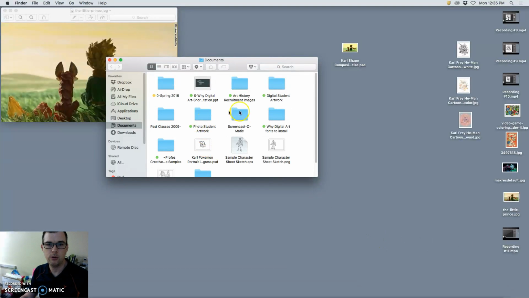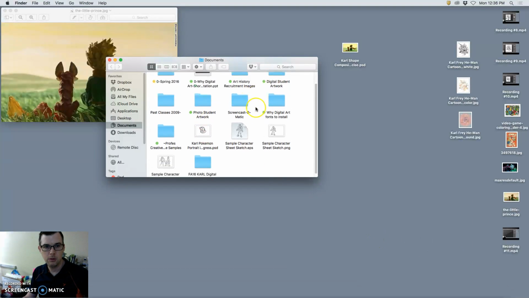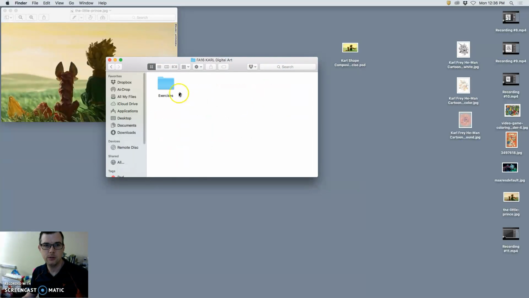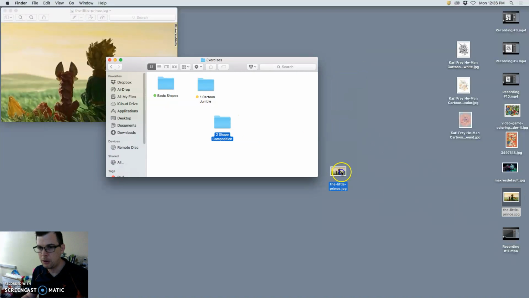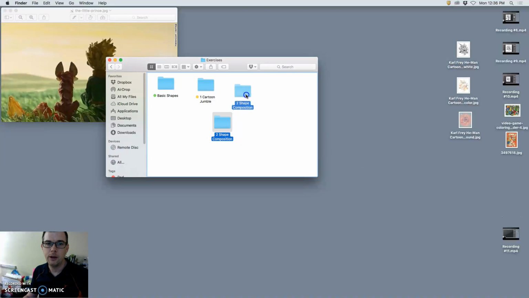And now I'm going to organize my files. All right, so I go to my folder, my exercises, create a new folder here, which is 2 Shape Composition. Make sure I bring my Photoshop in, but also bring my reference photo in, and anything else that I did for it. And while I'm here, I can bring